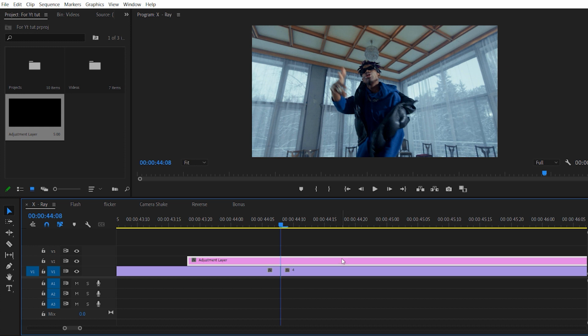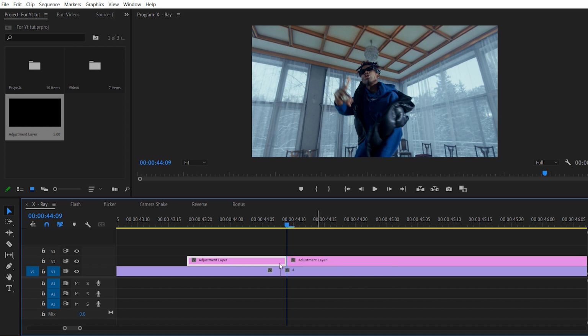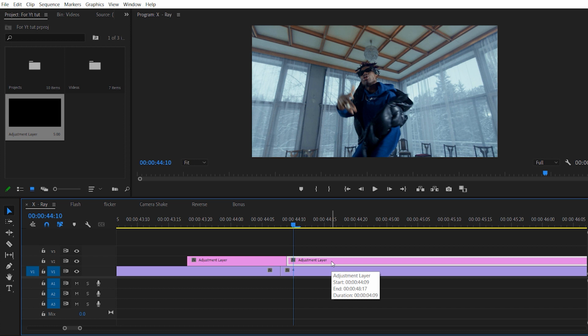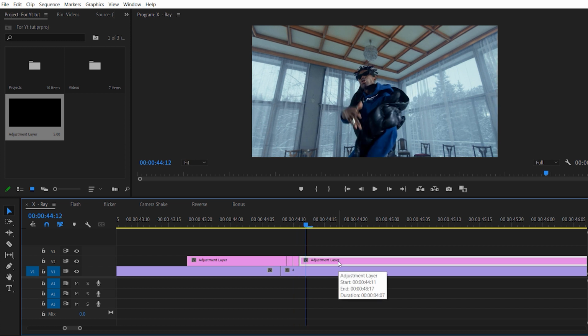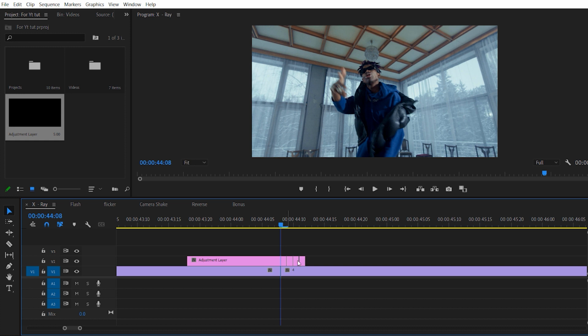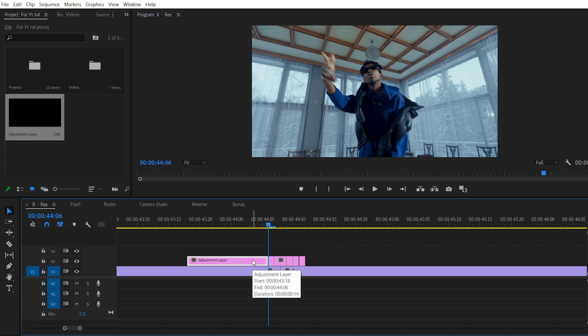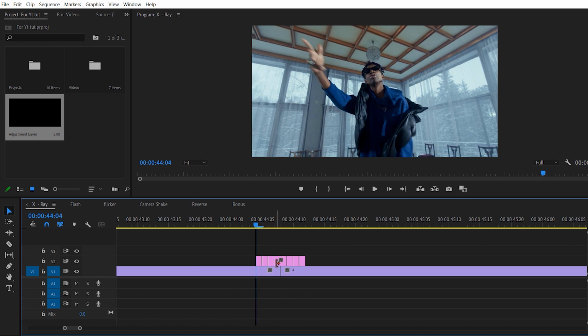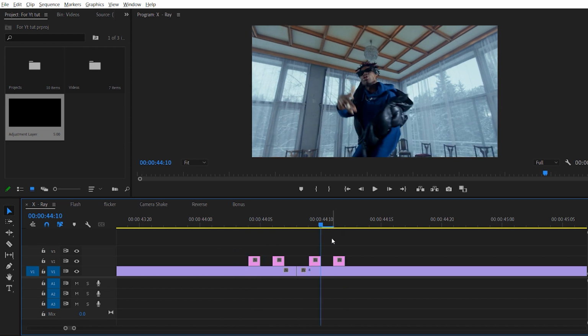So I'm moving right 1 frame and making a cut right here by pressing Ctrl K, or you can also use the razor tool. I move right again and make a cut, a 3 frame adjustment layer on the right side. Now I move to the left side just like the right side, and make a cut on the left side as well. And here we go, just delete the extra adjustment layers. I need to delete this adjustment layer and this middle one as well, just like that. And here we have a couple of adjustment layers.